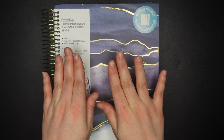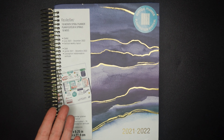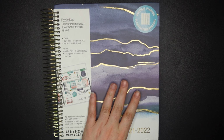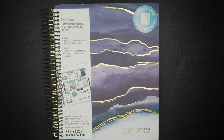And so when I saw this 18-month, so it's July 2021 through December 2022, go on sale like in August, I think, because it was already a July planner, right? I think I got this book for like $16 compared to about $70 that I usually spend every year on my Erin Condren. And actually last year I spent even more than that,